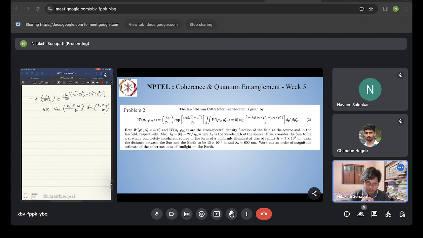Now, I mentioned in the previous class, and I am mentioning again this class, the first zero of the sinc function can be used for estimating the spatial coherence length, and first zero of the sinc function means k0 r delta x by z will be equal to pi. Therefore, the spatial coherence length of the sunlight on Earth for this case will become